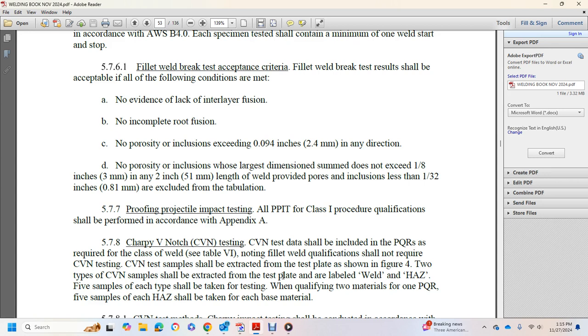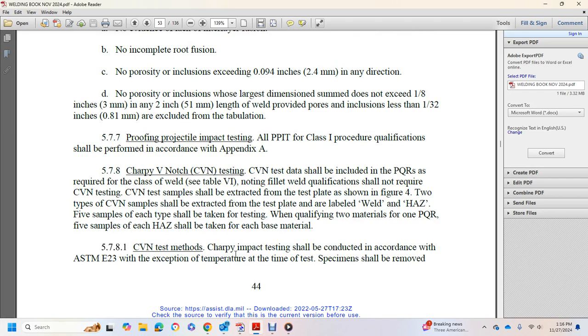plate with the label of the weld and the heat affected zone, with 5 samples of each type to be taken for qualifying the tube material with the performance qualification record. 5 samples of the heat affected zone should be taken in each of the base materials with the Charpy V-notch for the test. The Charpy V-notch impact test should be conducted with the ASTM E23 with